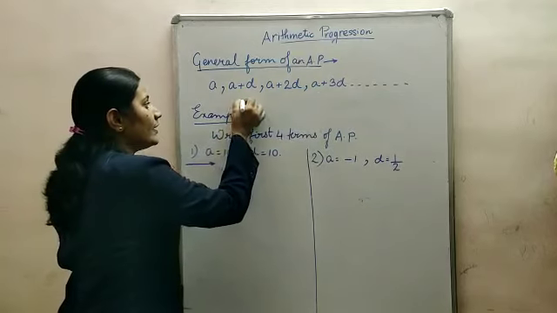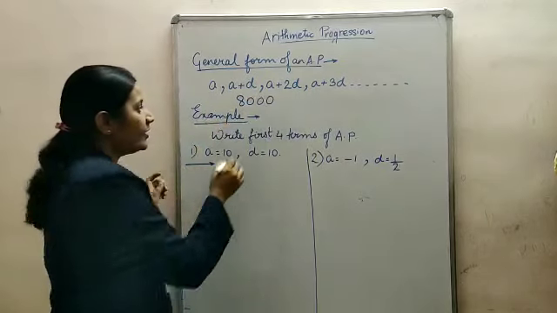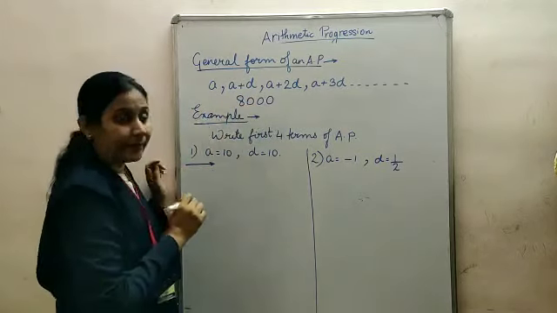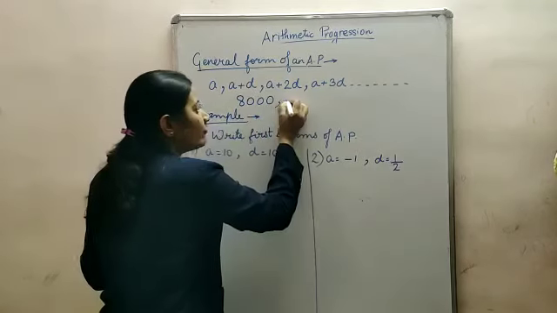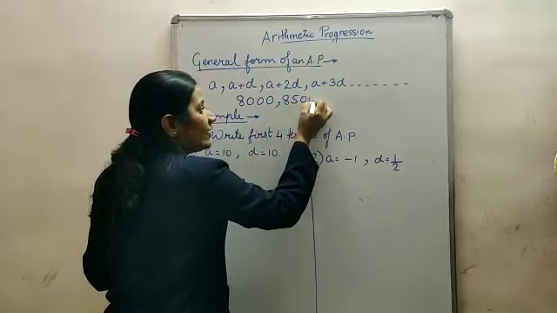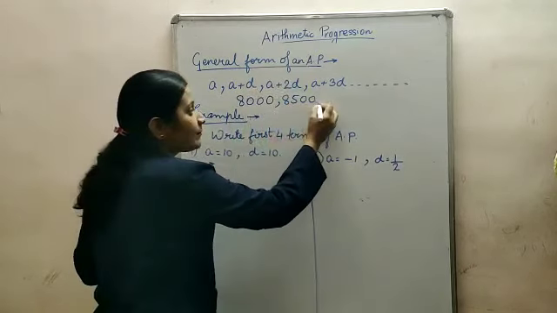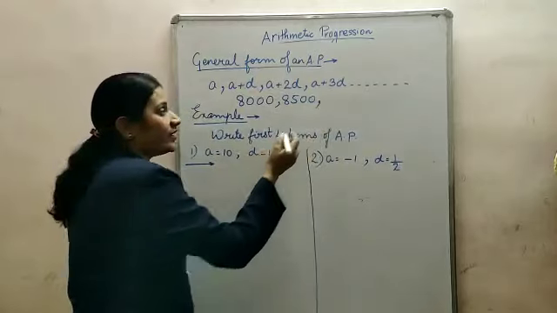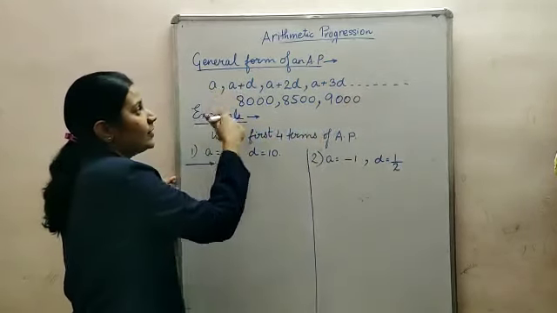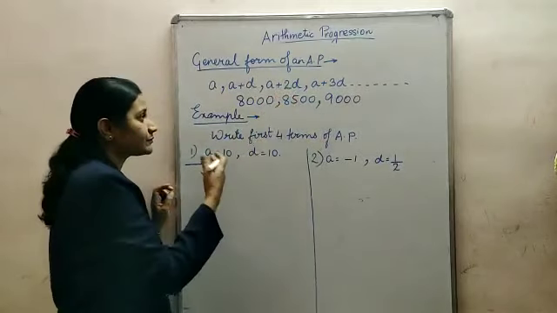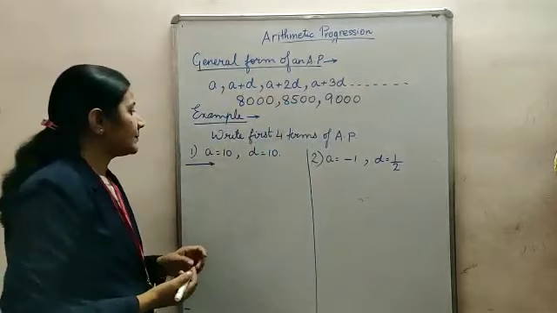आपको याद होगा हमने रीना का जो एग्जाम्पल लिया था उसमें रीना की सैलरी फर्स्ट ईयर में 8,000 थी, जो कि हमारा फर्स्ट टर्म a है। सेकेंड ईयर उसकी सैलरी 500 से बढ़ गई, it was 8,500। हमने a plus d किया, d is the common difference। उसके बाद थर्ड ईयर रीना की सैलरी 9,000 हुई, which is a plus 2 times d. Based on this formula, we will see few examples.